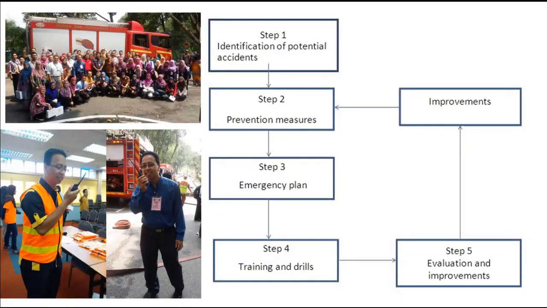We have two scenarios that we have done over several years. One is a scenario of fire. The second time we tested a scenario of radioactive leakage, the leakage of radioactive material. So we called a special unit, the hazmat. Hazmat is a special unit in the fire department that deals with chemical hazards and also any radioactive material. All right, so this is the flow. Flow means the process involved in applied sciences.